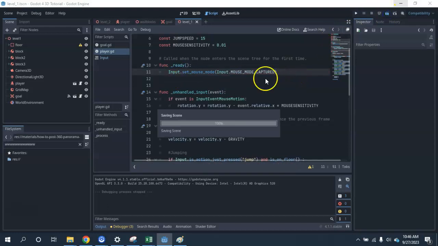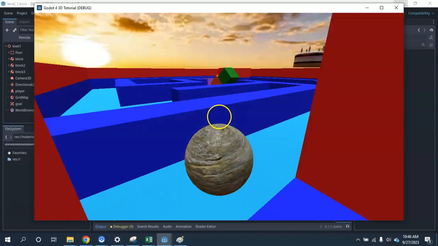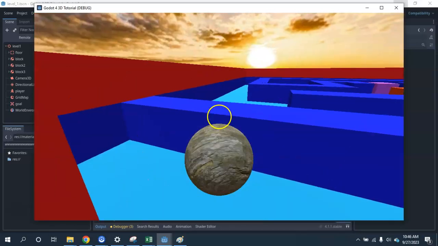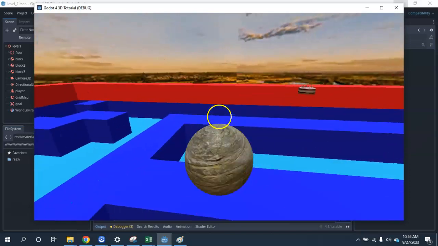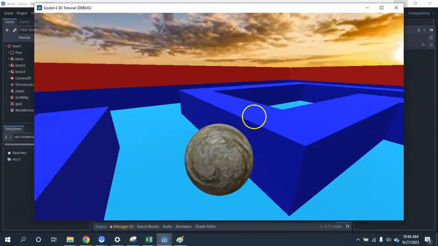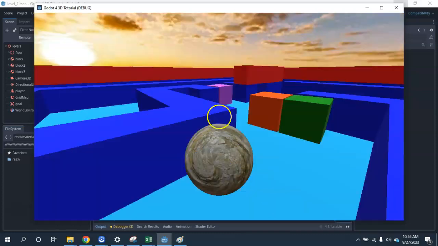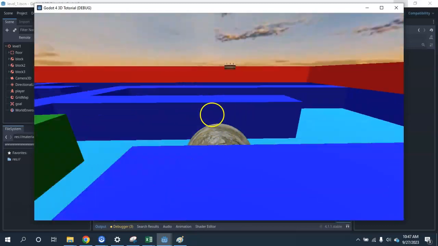Now, if we play our game, you will see we've lost our mouse cursor, but I can keep spinning around in one direction all I like, and that is going to be fabulous. We only run into one problem now that we've done this. It means I can keep looking around and play my game forever and ever, but now I can't quit my game. Because you've lost your mouse. The game has taken control